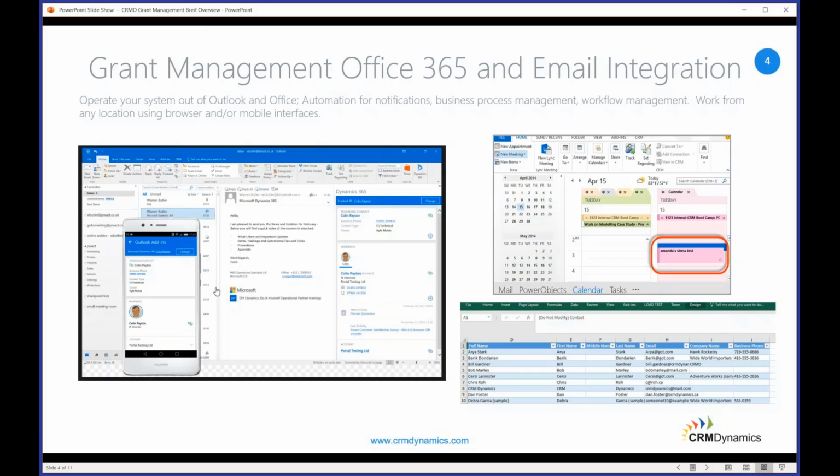One thing that makes this system very user-friendly and easy for your organization to administer is the fact that this works out of Outlook, and also through the mobile Outlook version. On inbound emails, you can track them right from Outlook into the CRM system. From there, you can see the grant, update information, and send out updates. This is a very powerful and easy to use tool that can get up and running very quickly